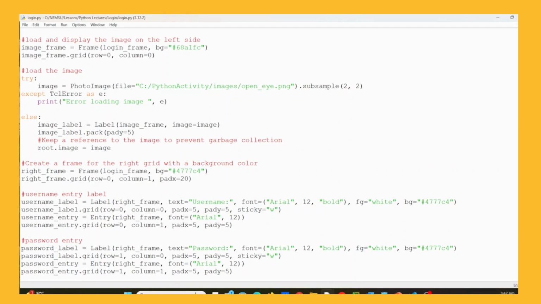Here we will add show equals to asterisk, comma. We need to add this part in the password entry, the show command. It means it will